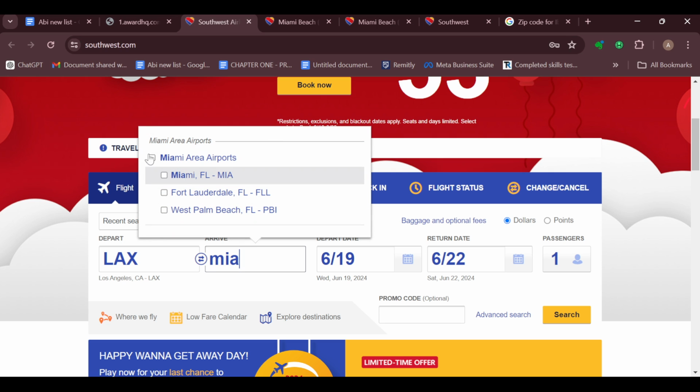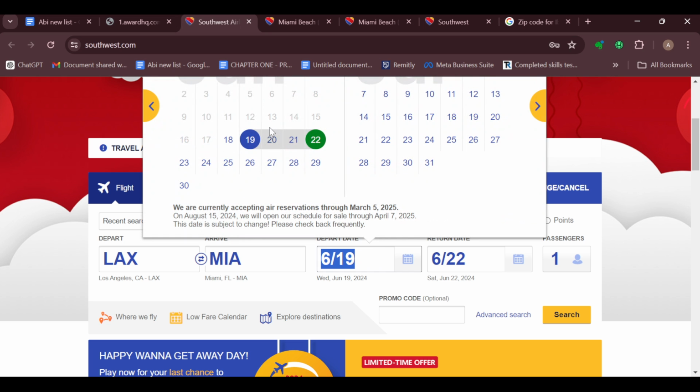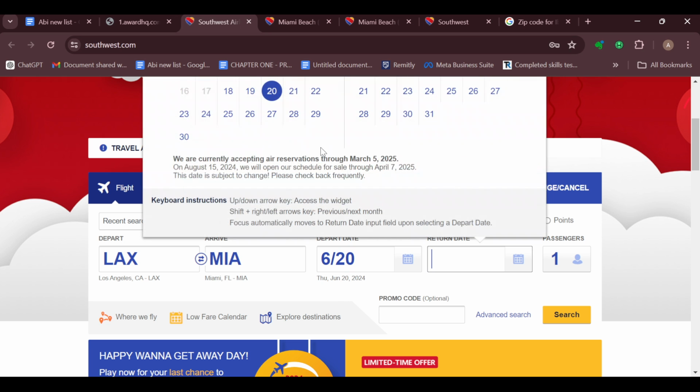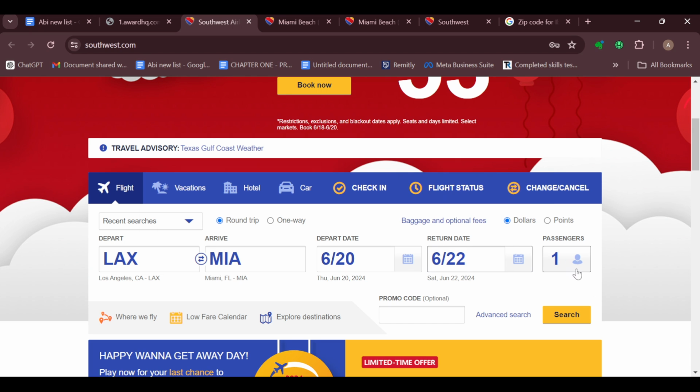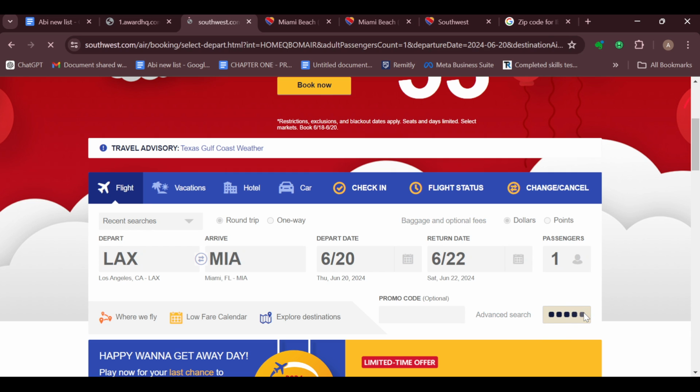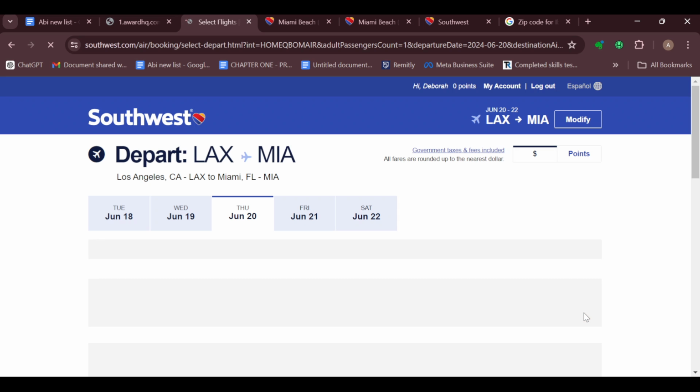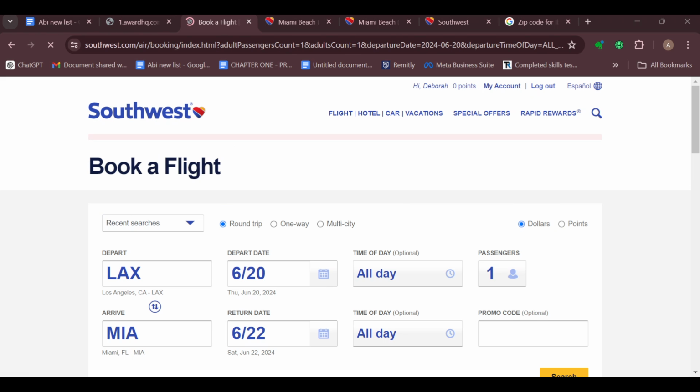After selecting your arrival, you will be asked to select your departure date as well as your arrival date. Okay, so after selecting that, move to the passengers section, select passengers. If you have a promo code, enter it in, move to the right side and click on search. When you click on search, the flights that fall under those days and for the options you've selected would be